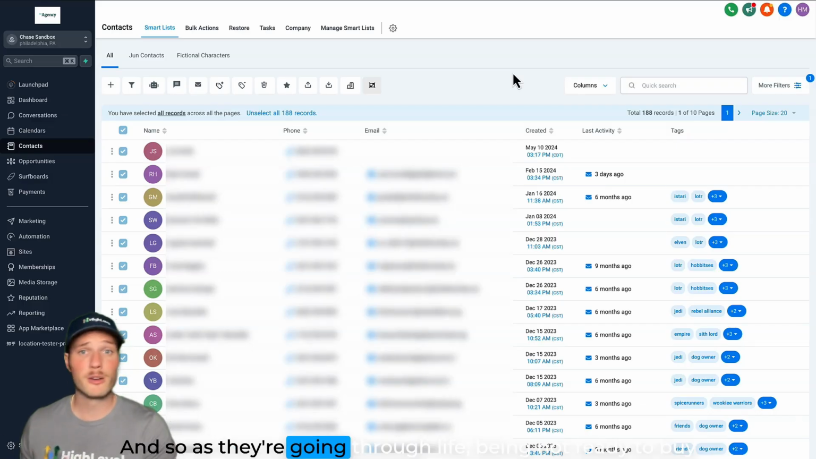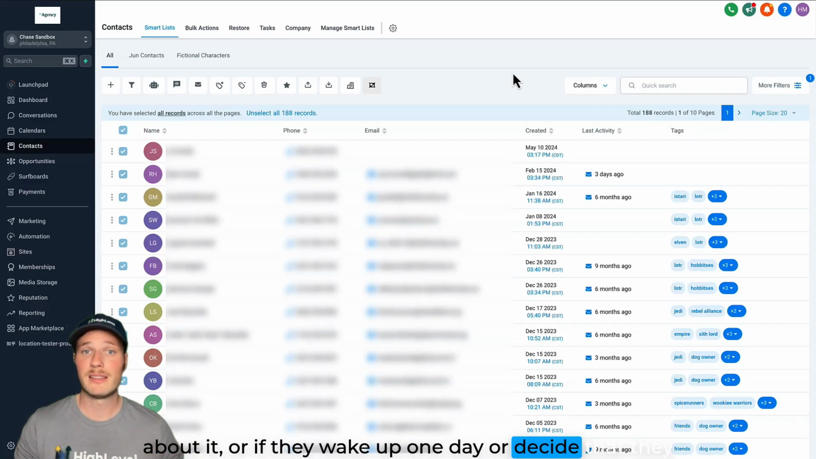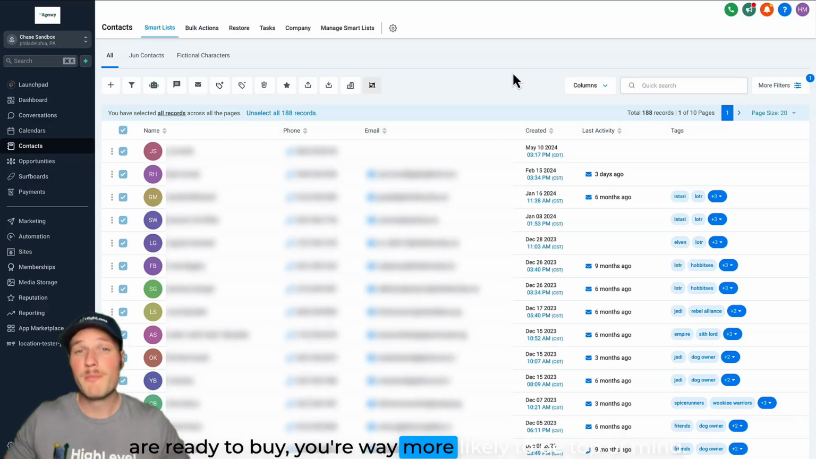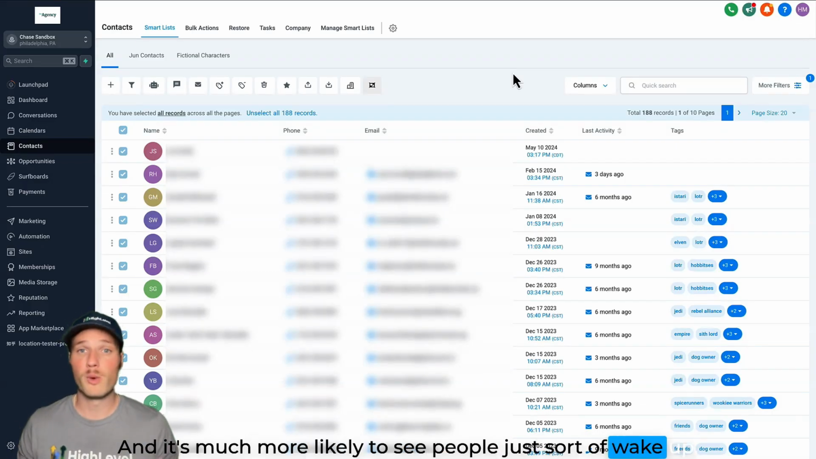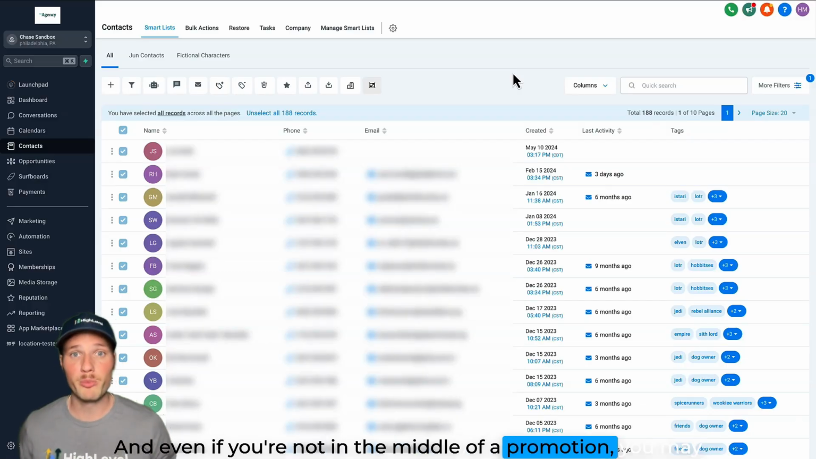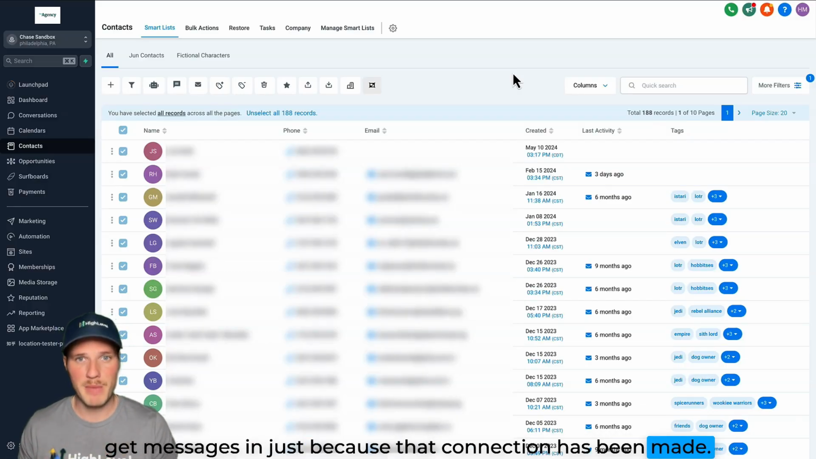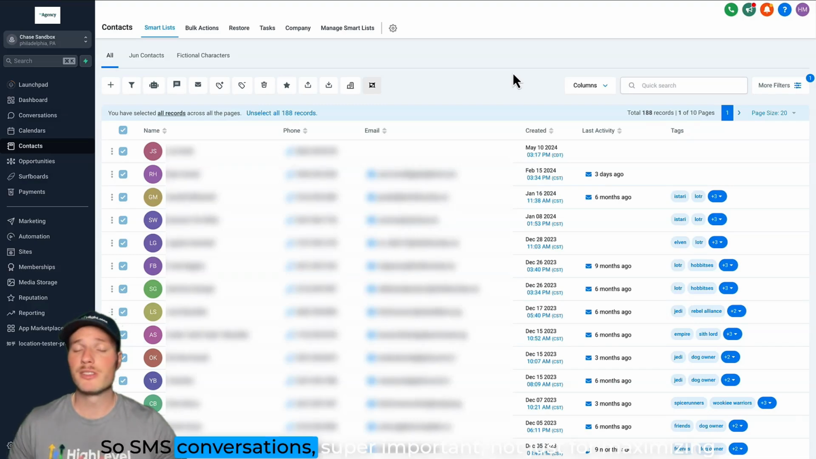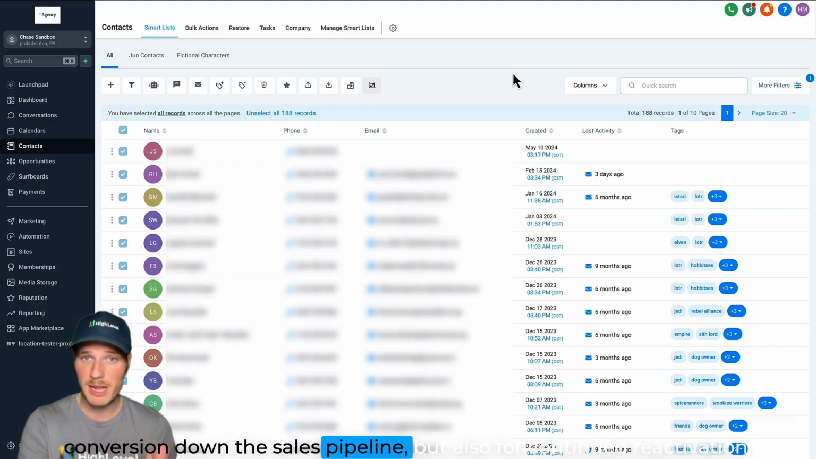And so as they're going through life being not ready to buy, when they get to the point where they're thinking more about it, or if they wake up one day or decide that they are ready to buy, you're way more likely to be top of mind, and it's much more likely to see people just sort of wake up. And even if you're not in the middle of a promotion, you may get messages in just because that connection has been made. So SMS conversations, super important, not just for maximizing conversion down the sales pipeline, but also